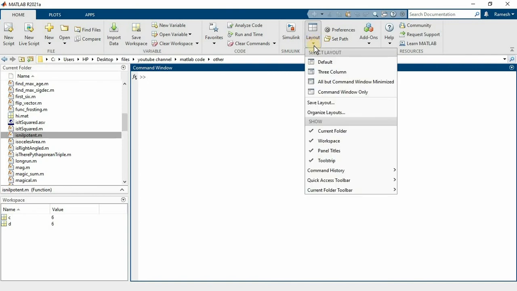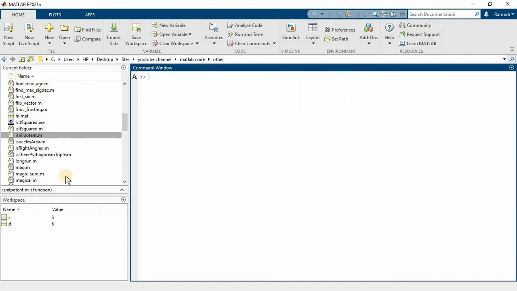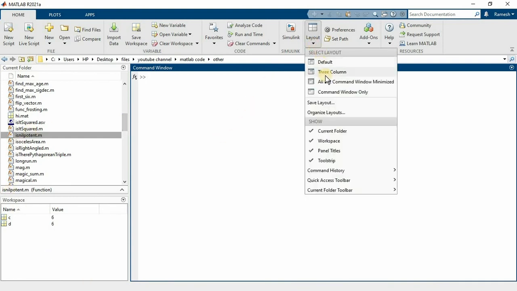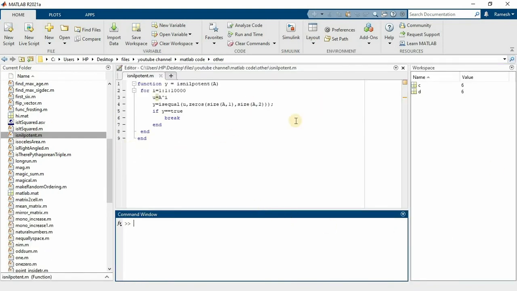Now Layout helps you arrange things such as the current folder, workspace and command window on your screen. For example, now this is the normal layout. If you change the layout like this, the look will change.